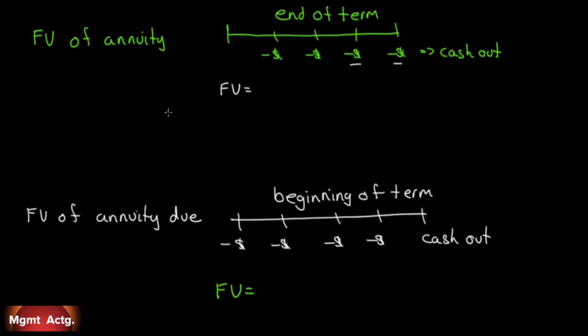I can show you algebraically all the steps. I can start with the present value and show you algebraically all the steps, but it's easier just to show you, I think. 1 plus r to the n minus 1 over r. Notice that in the previous example, for future value, we had 1 minus 1 over 1 plus r to the n when we're discounting. Why? Because we're discounting. So it's in the denominator. But now we're moving forward, we're compounding, so it's 1 plus r to the n. These terms are just reversed, and these are inverted. That's all it is, over r